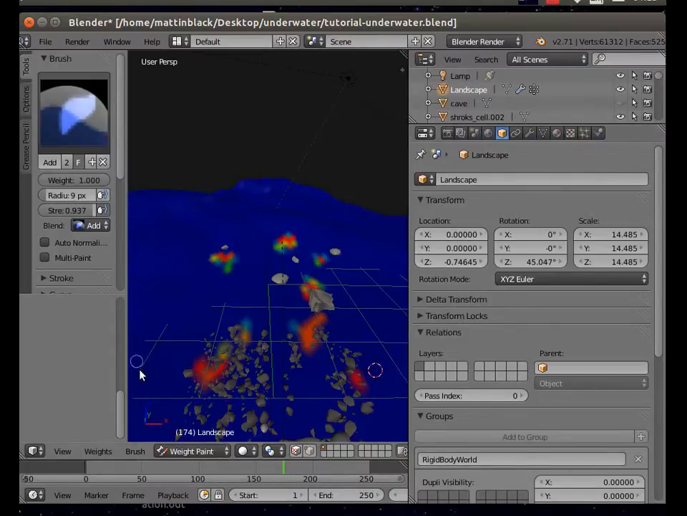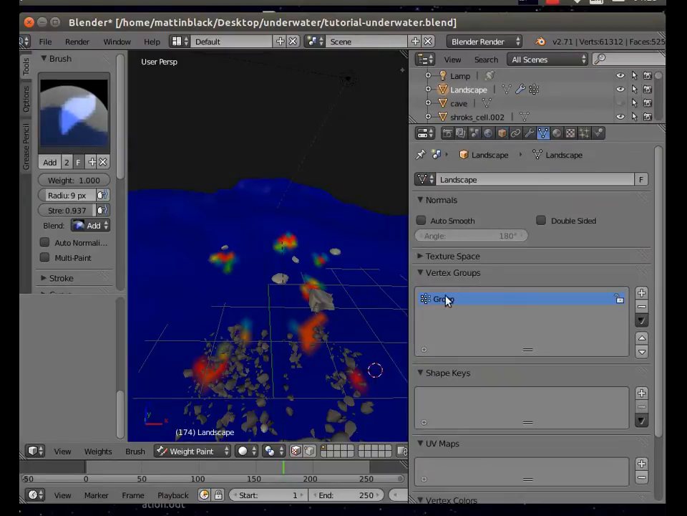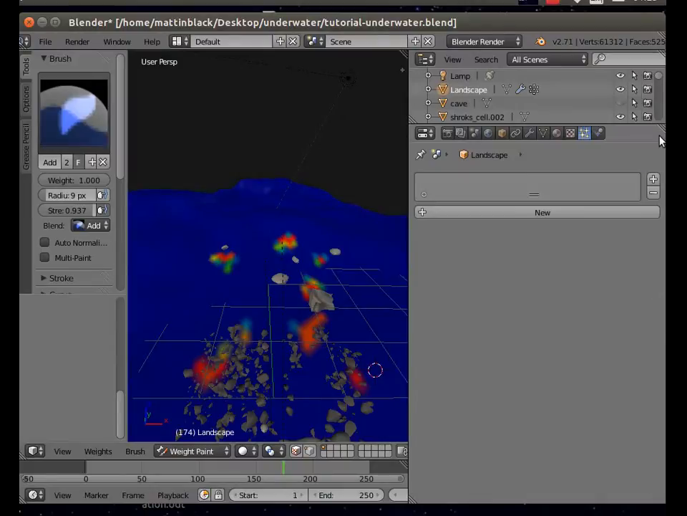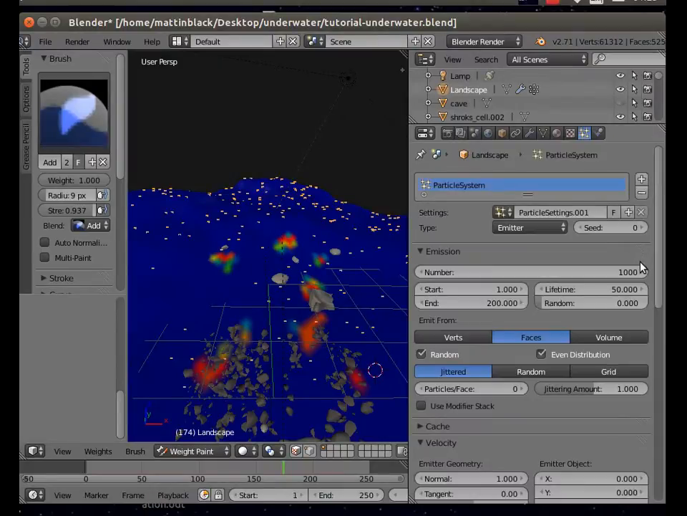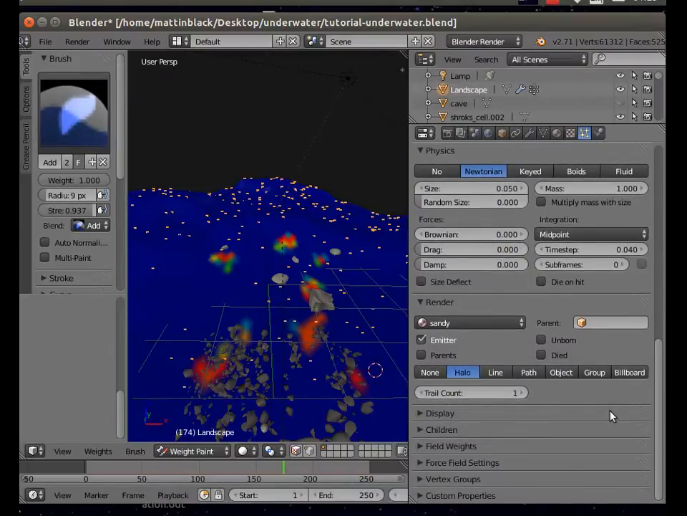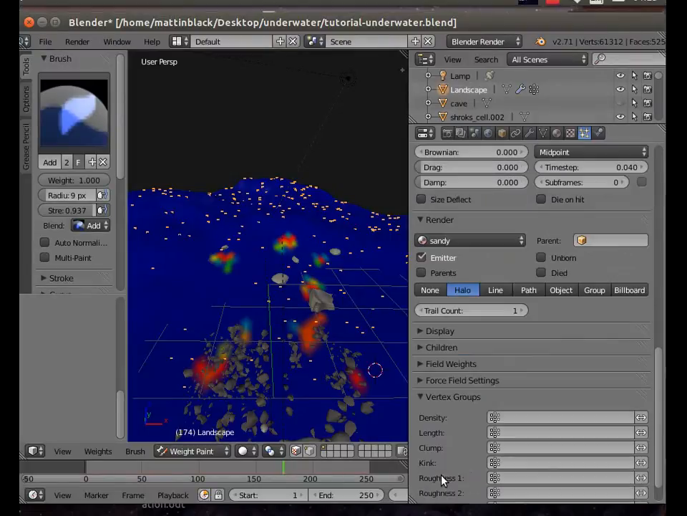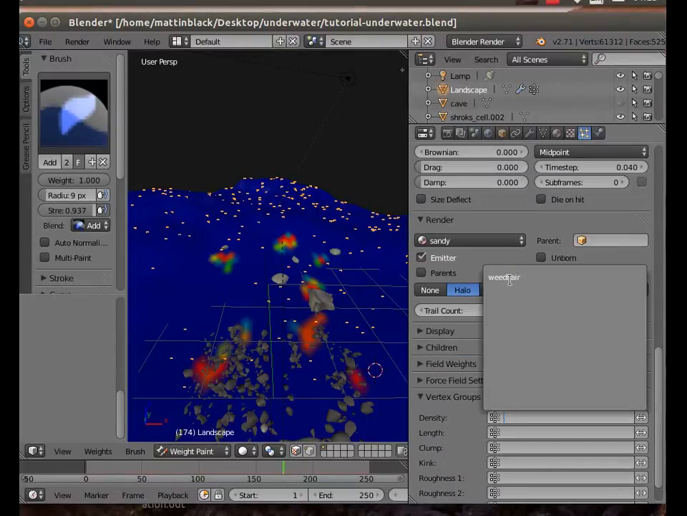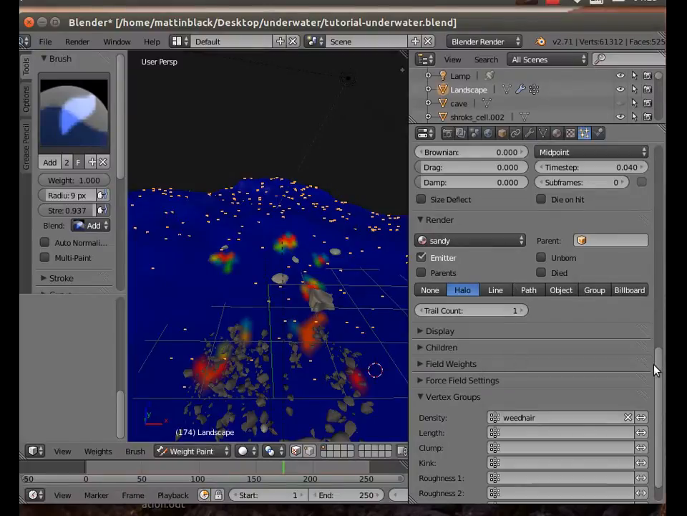So, we now find that we will have a new vertex group, because we've just created, by doing that white paint, a new vertex group. I'm just going to call that weed hair to remind me what type of weed it is. So now I'm going to hit the particles button. Having done that, new particle system, as you can see at the moment they're all over the place, and in order to change that we go to vertex groups where it says density, weed hair,